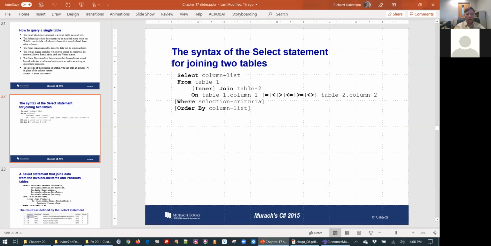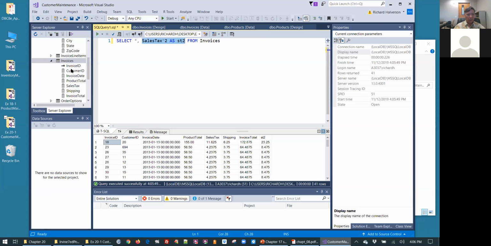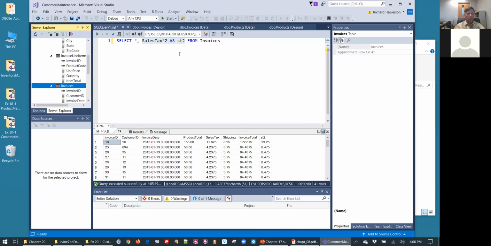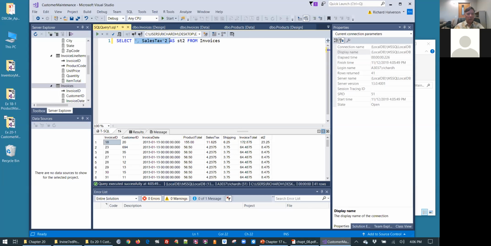All right. Okay, and then we can join tables. We have this join thing where, in the table clause, we can actually connect up two tables, and they're usually connected up by these foreign key primary key columns. So we can do something like the invoice ID and the invoice line items. So if we do select asterisk from